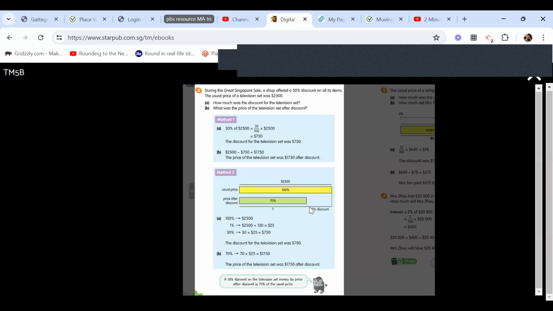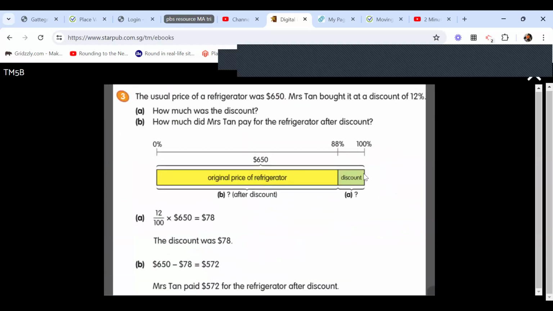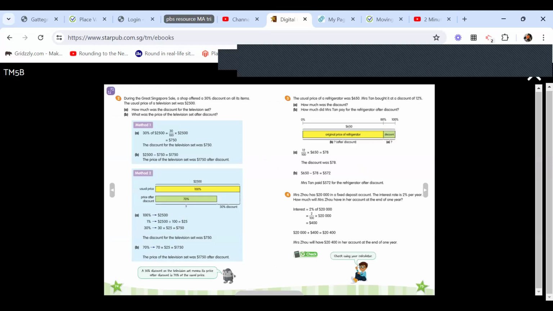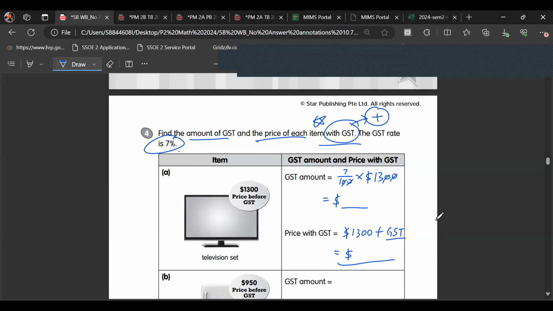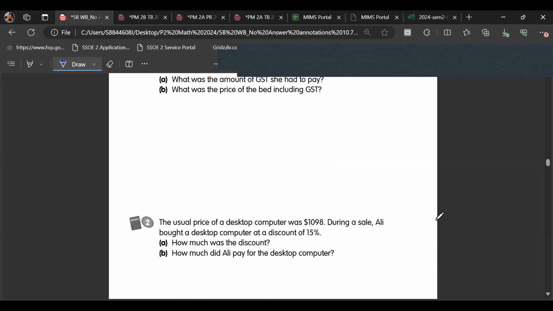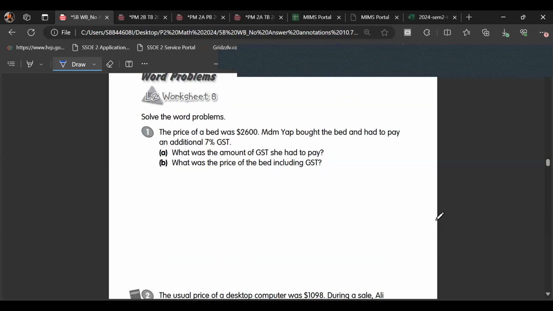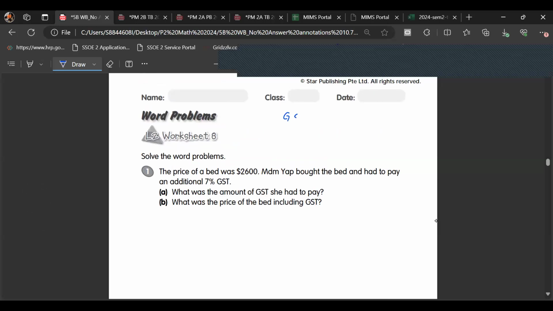You need to decide whether drawing a model may or may not be helpful to you. Okay, so if you feel like you have difficulty understanding a question, it will be very helpful if you draw a model. Okay, so let's try to solve the questions here. Now, the first few questions are not so difficult because it's part A and part B. So it's just like the previous set presented in the problem. So the questions we'll be looking at for this set, we'll be asking ourselves,